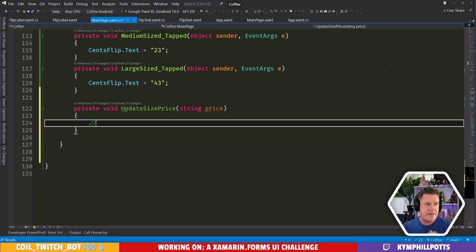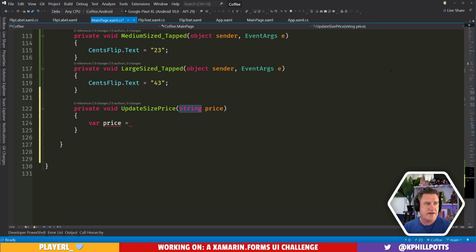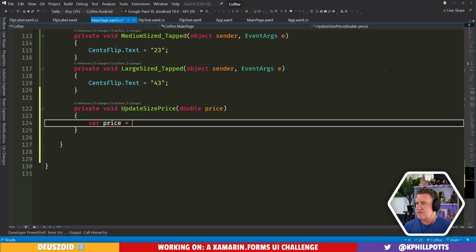So first of all, we want to get the price. Should I just pass this in as a double or something? And we'll put it in like, it's always going to have that format.